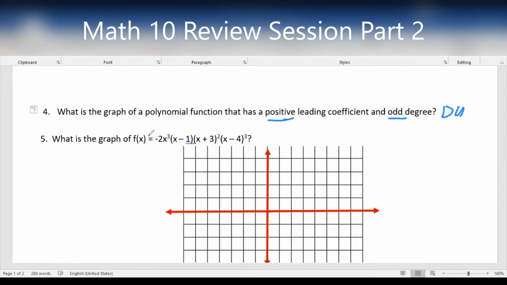Ayan. So everything, the given is already in factor form. So let us determine the leading term. That will tell us the graph. So looking at this, ano yung highest exponent? So when we combine all, mukhang ang laki ng ano. Kasi if you will multiply this one, it will become negative 2x to the fourth, multiply by x here. Ito, di ba? X to the fourth, when you multiply here, x to the fifth, and then,